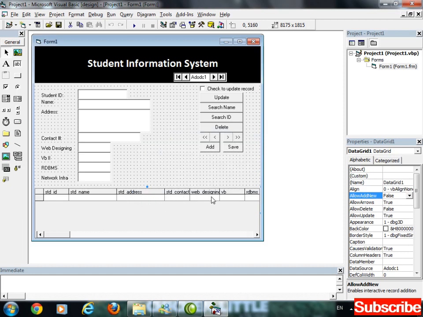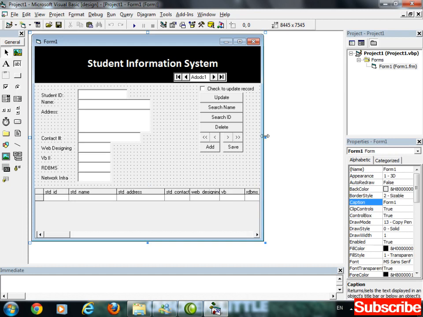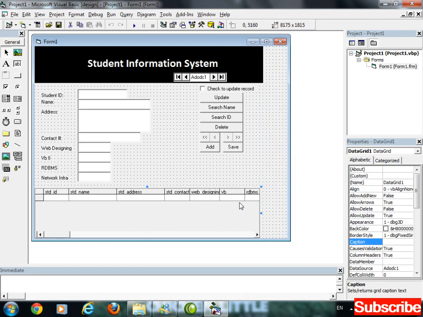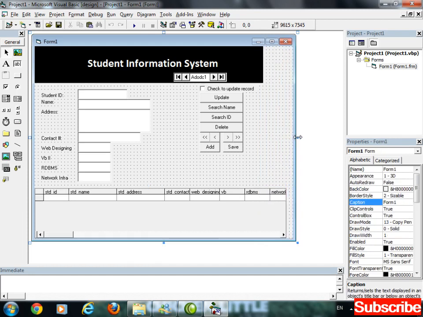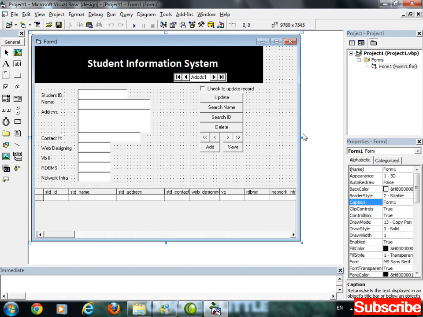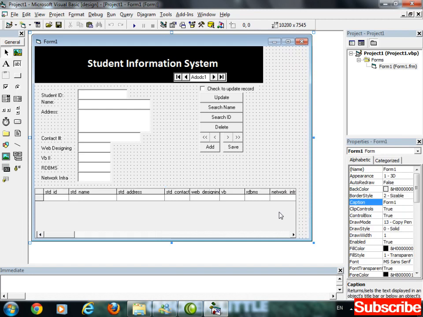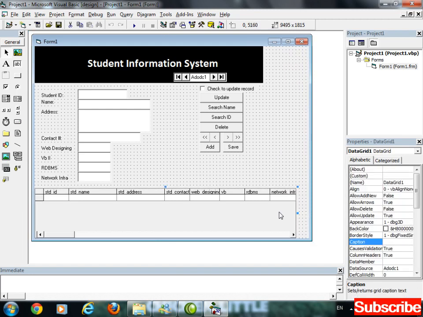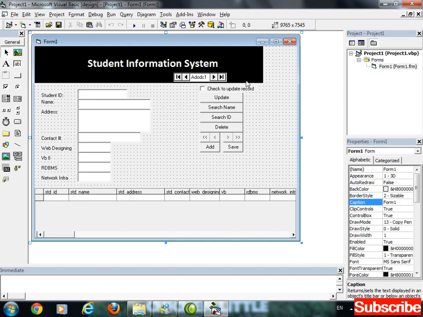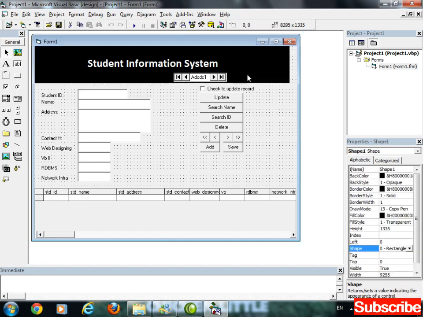so these are the web designing, VB, RDBMS. Just increase the width of the form and display the remaining subjects. Up to here. Increase the width of shape.